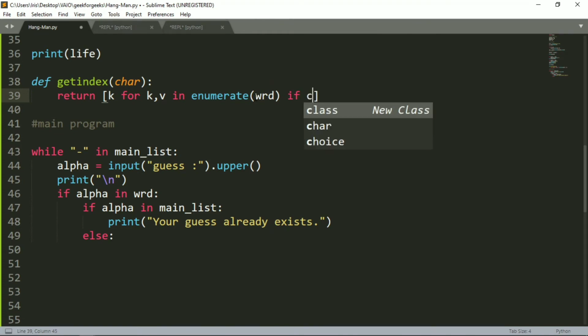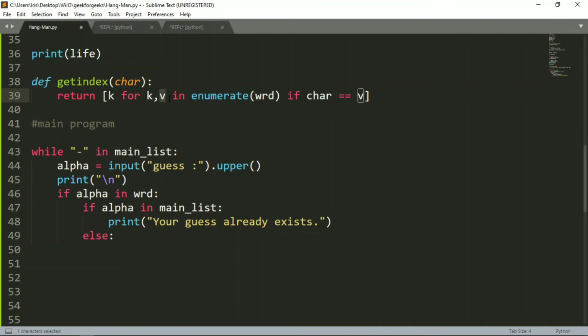Also we have to create an if condition. If character is equal to v, that means if the character that we choose, so say here it is alpha, if our alpha is equal to v, that means the element, then we will return the index of that element. Understand? So you understand what enumerate does?